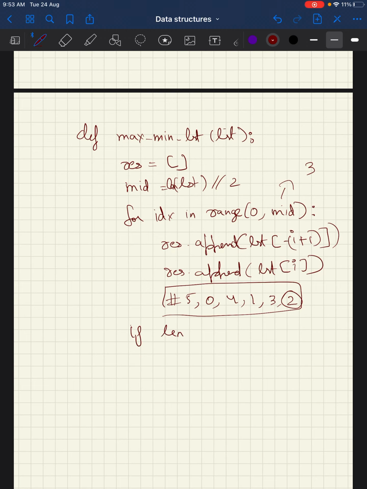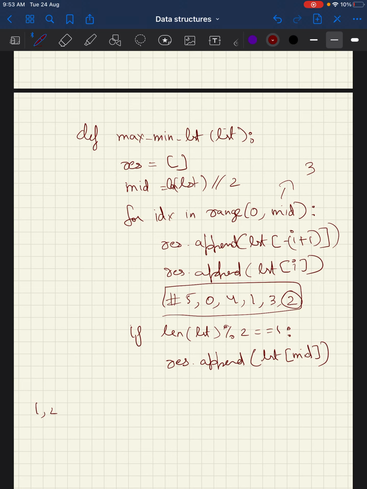So let's say I'm doing if len of list % 2, if it is an array which has an odd number of elements, I can append it separately at the end. That is going to be nothing but list of mid.